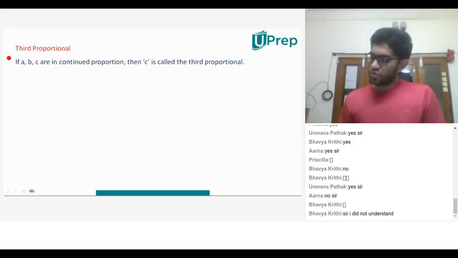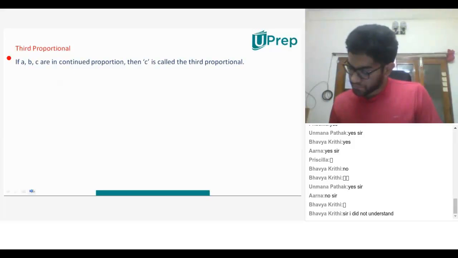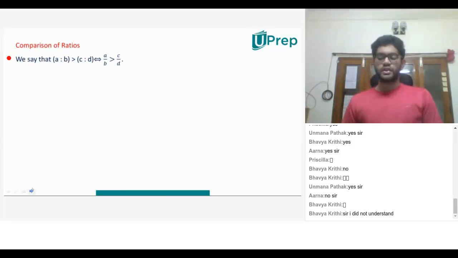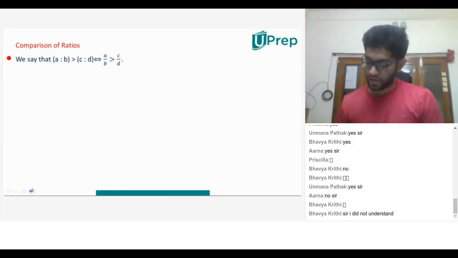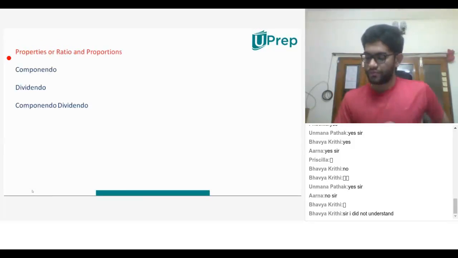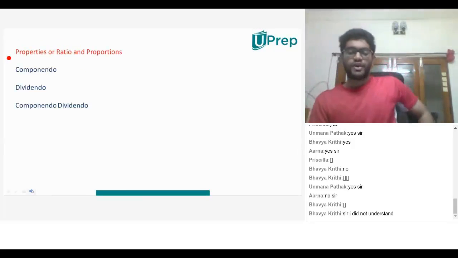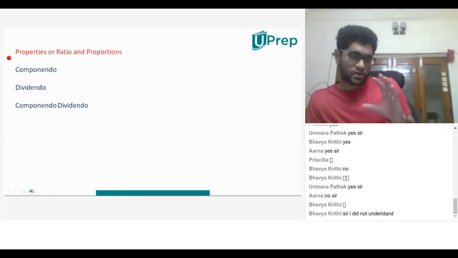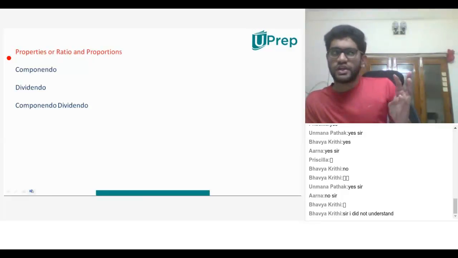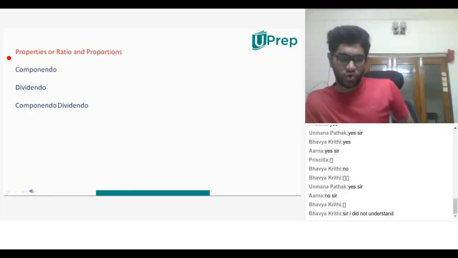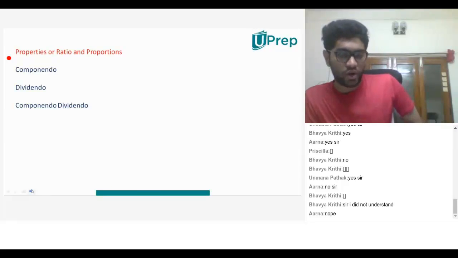Now we are going to move to something really important where we are going to compare ratios. Now, are you guys aware of these three properties? There are a couple of more. There is invertendo, there is alternando. We'll discuss that, but I thought I'll first explain componendo, dividendo, and the